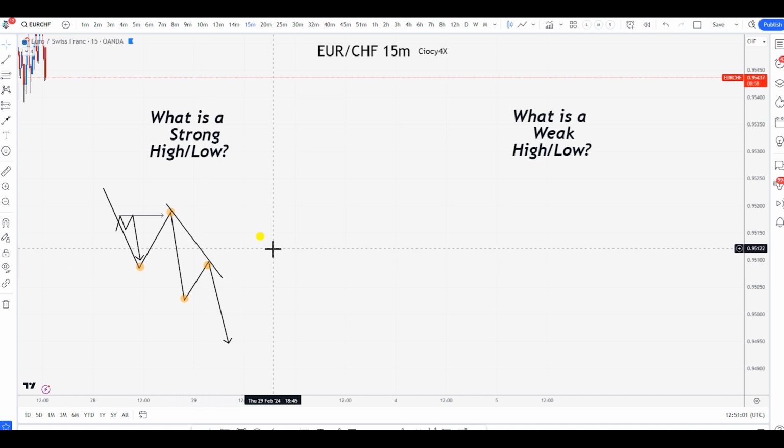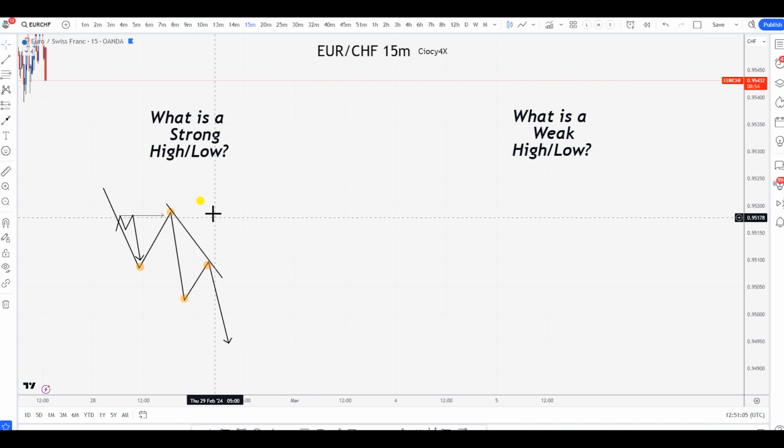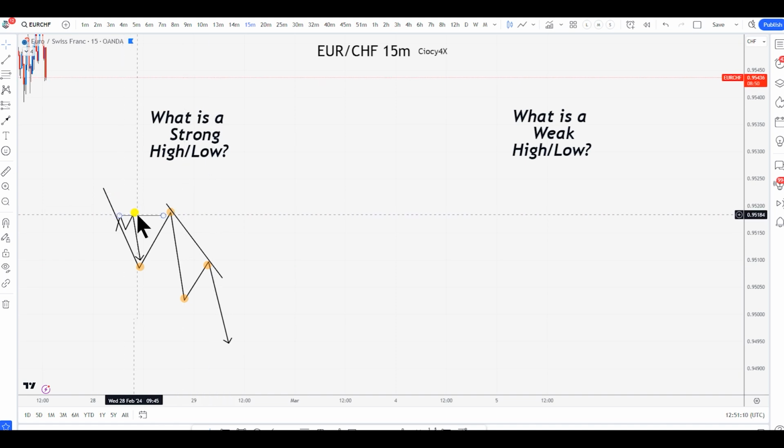Are you guys seeing? I'm bringing you all the different types of philosophy, all the different points of view, and unfortunately, every single person will always tell you, oh, because of this, like the trend line, this is a strong high. And then there are literally a lot. I can't describe them all.